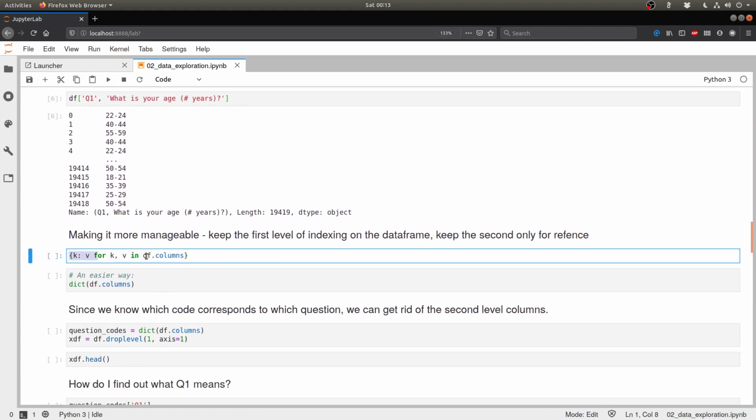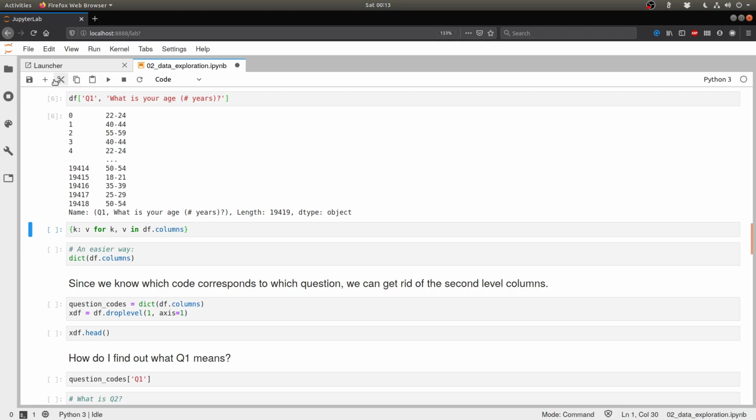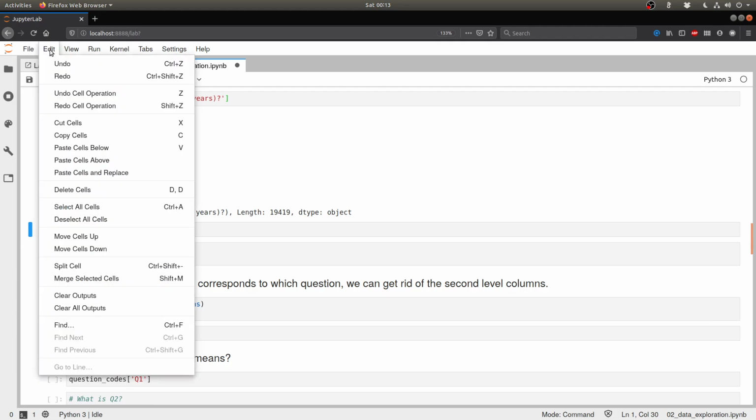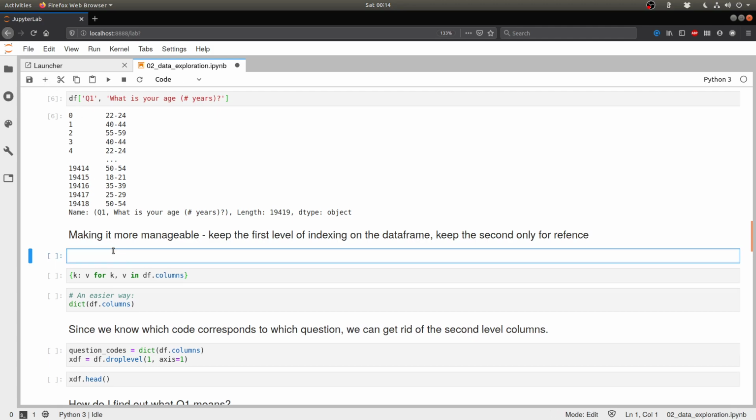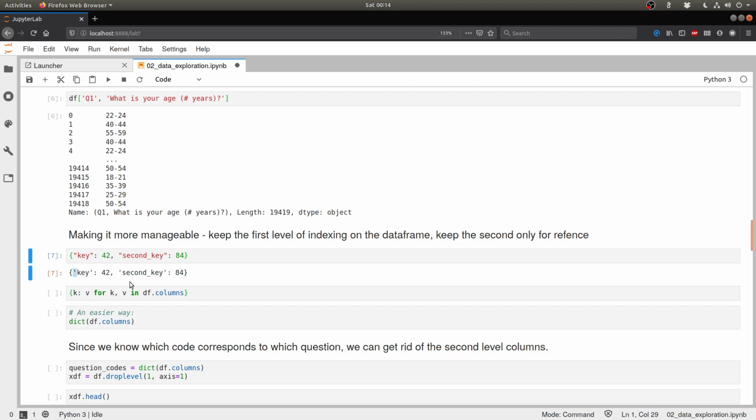So basically, one quick way to do that is use something called a dictionary comprehension. As we know, we can create dictionaries by using something like this. As you know, we can create dictionaries using a pair of braces, and I can say something like this is my key and my value. And then I have another key and another value, something like that. So that basically creates my dictionary.